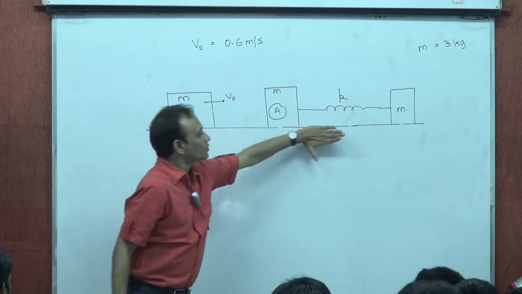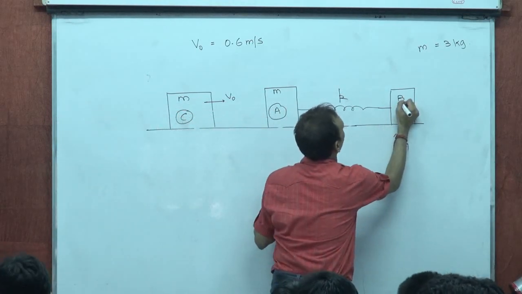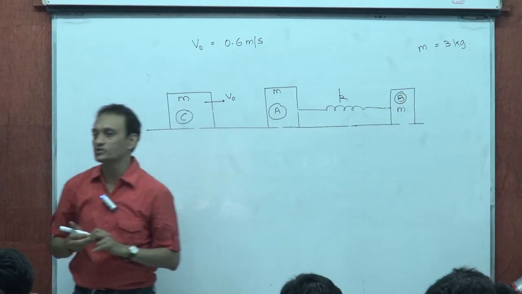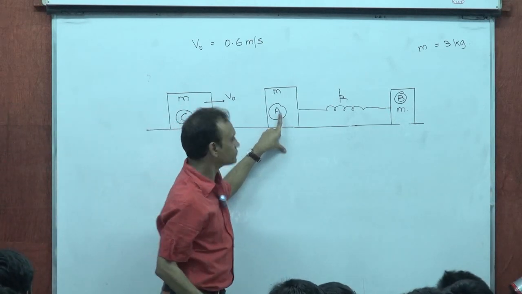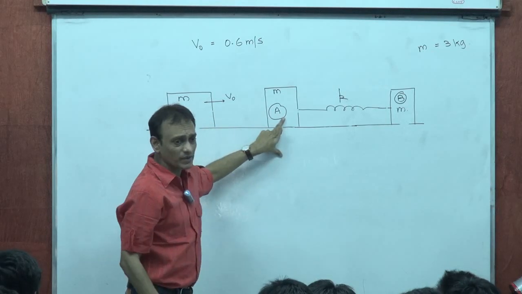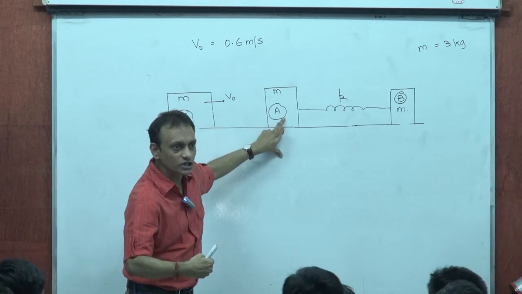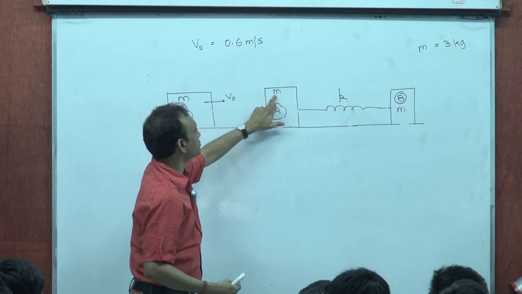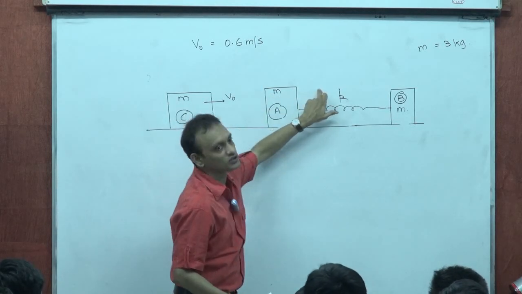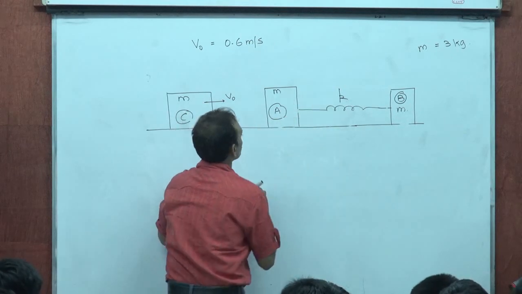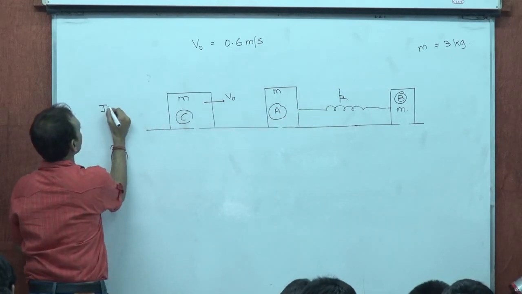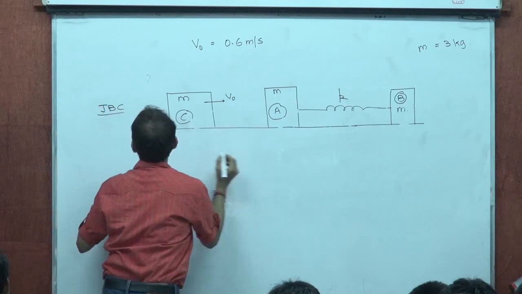Okay, this was a pair of masses connected by a natural spring. This mass comes and strikes us. Two identical masses, perfectly inelastic collision. To conserve momentum, this will become 2m, and the velocity of this will become v naught by 2 after collision. Yes or no? So this is just before collision. Just after collision,